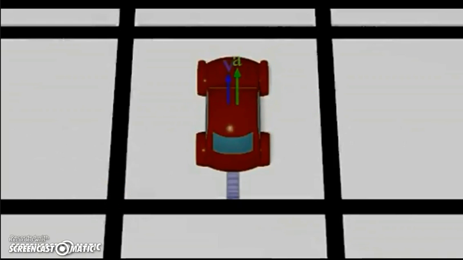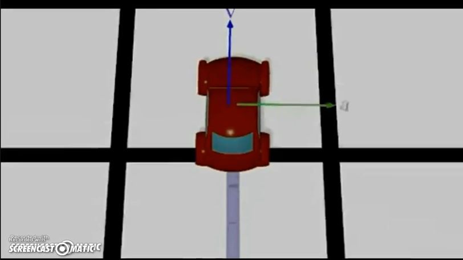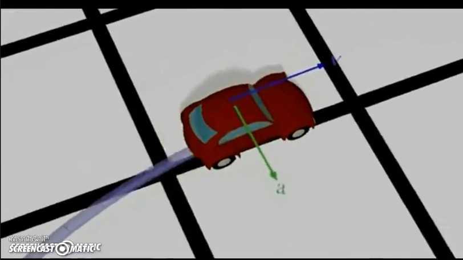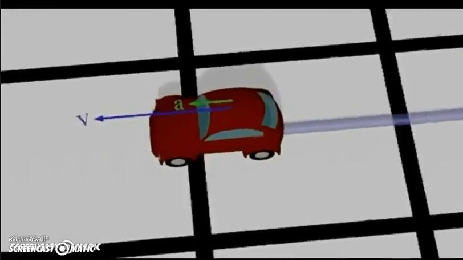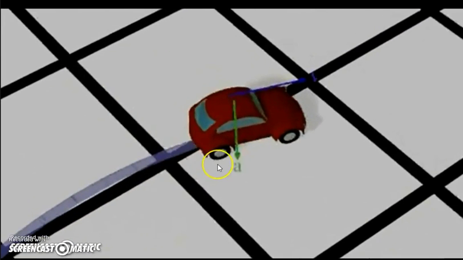So let's move the car. Again, you can look that acceleration was in the direction of velocity, so speed increases. Now the acceleration is perpendicular to velocity. You can have a look. So the car moves towards the direction of acceleration. The velocity tries to remain in the direction of acceleration, then again in the opposite direction. So again speed increases, and now this is important, as acceleration will have two components,